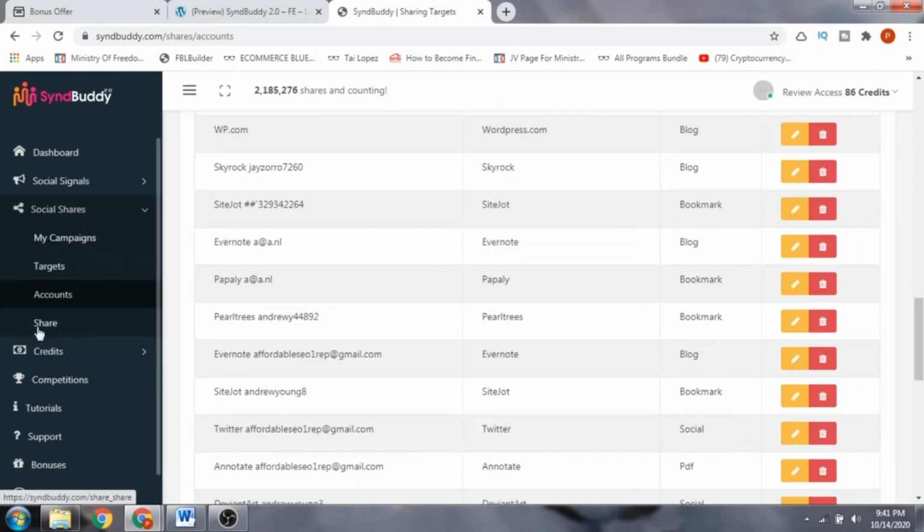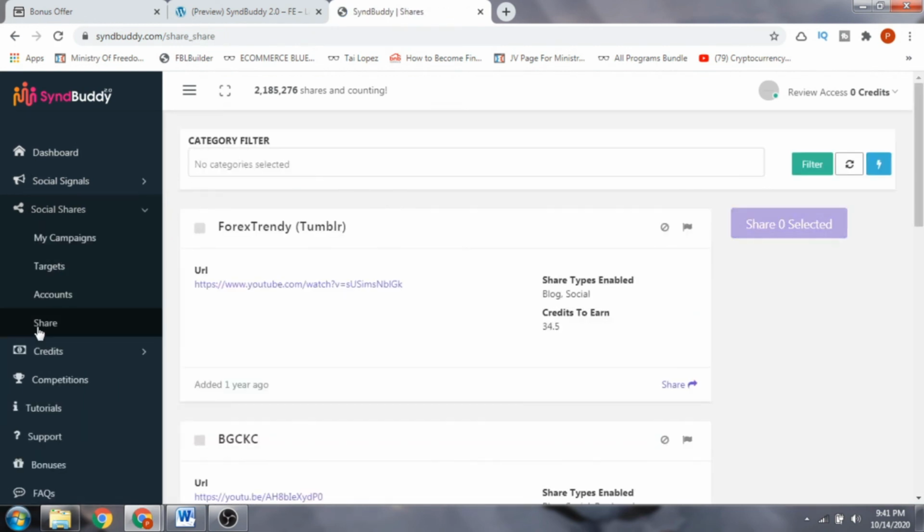Then when you press share, it will automatically go to all these accounts where you want to share this particular link or video.